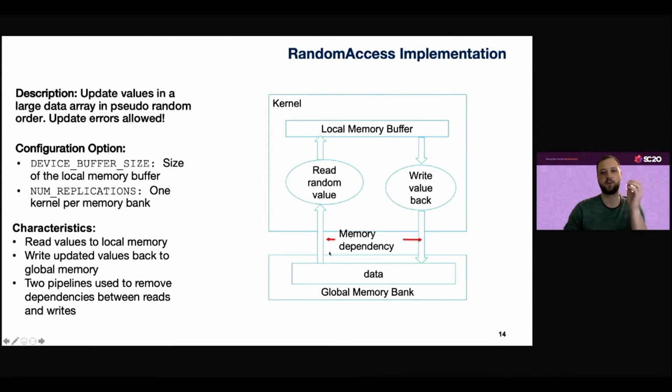Because we do it in a pseudo-random order, we don't know if we might load the same item two times after each other. So most likely the compiler may create a single pipeline, but this pipeline will most likely stall all the time because it has to wait until the data is completely updated and back in global memory. So this local memory buffer prevents this to some degree by storing multiple reads in the local memory, and then